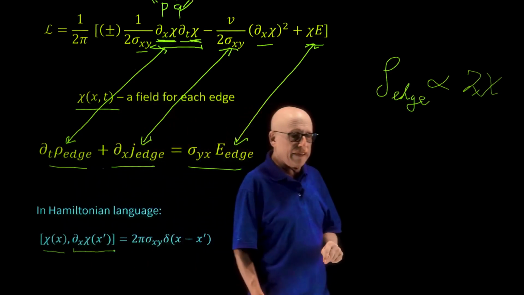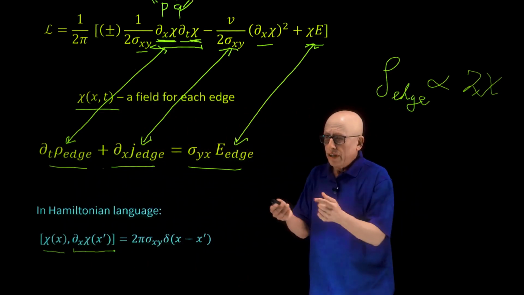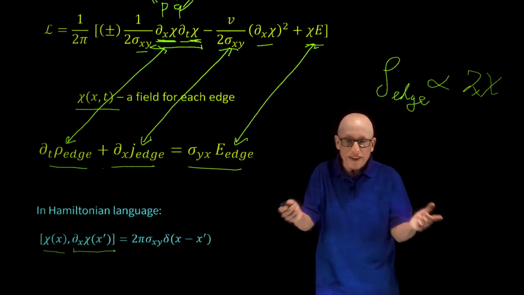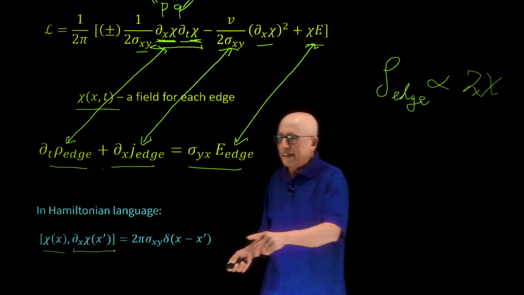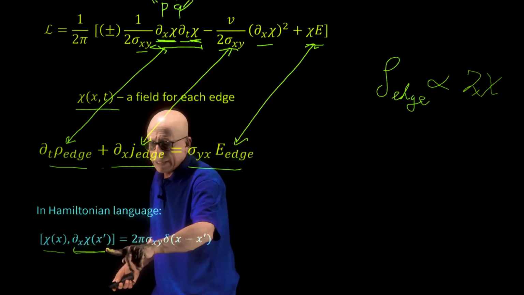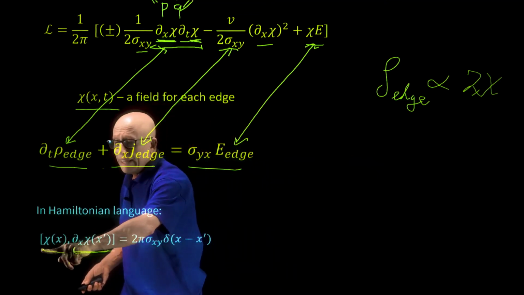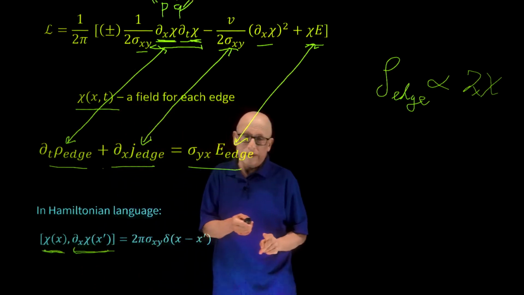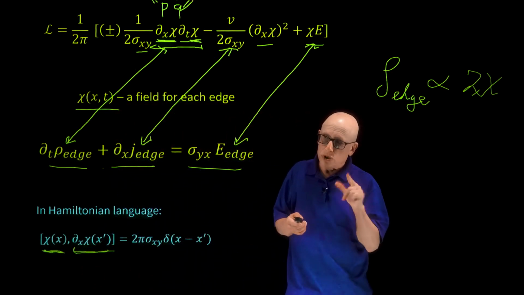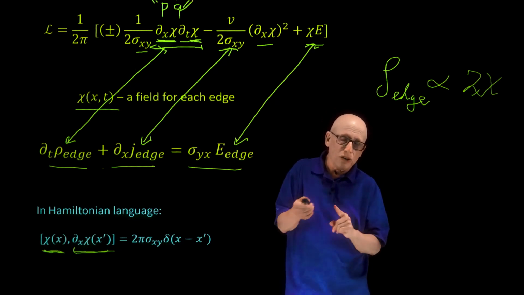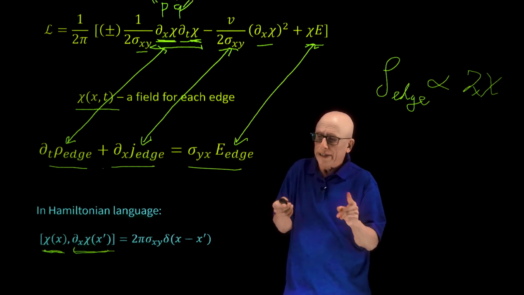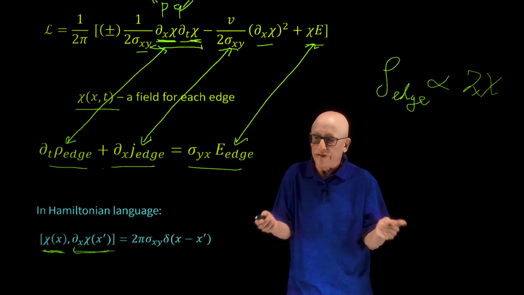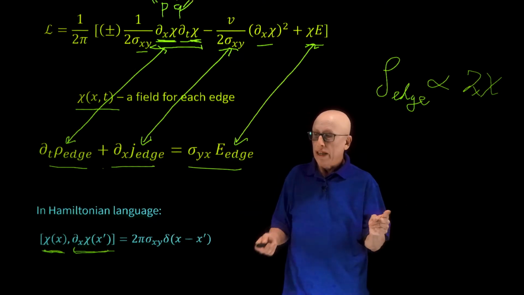The field chi is a bosonic field, and therefore what we find is a commutation relation. So, you know, there's an uncertainty principle. You cannot define the density at the point x prime and the integral of the density up to that point simultaneously. It's an unusual situation where the field and its derivative cannot be simultaneously defined, or do not commute with one another. You see that